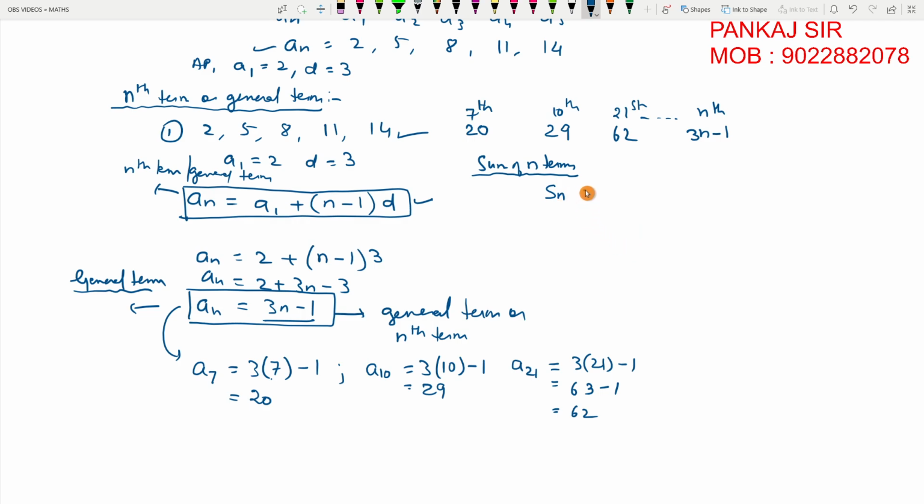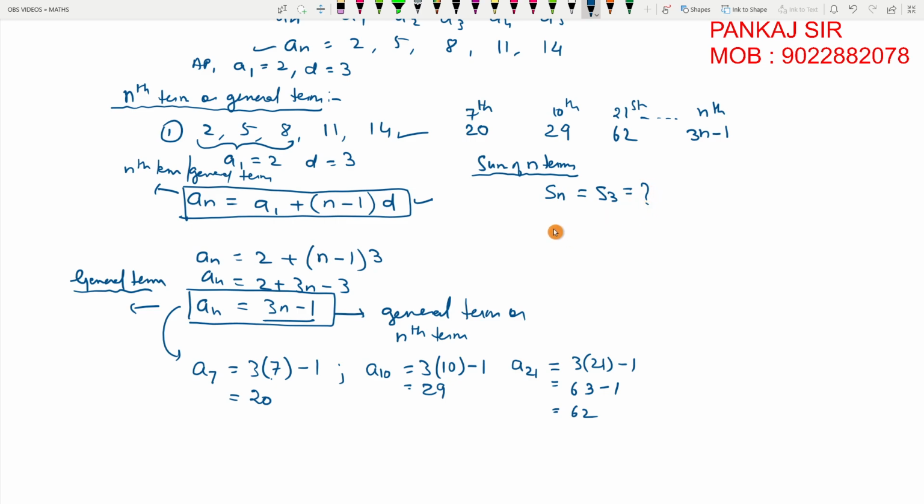What is the meaning of this? Sn means the sum of the n terms. Suppose I want you to find out the sum of the first three terms of this sequence. So I will write this as S3 because I'm taking only the first three terms, n equal to 3. So if I want to find the sum of these three terms,